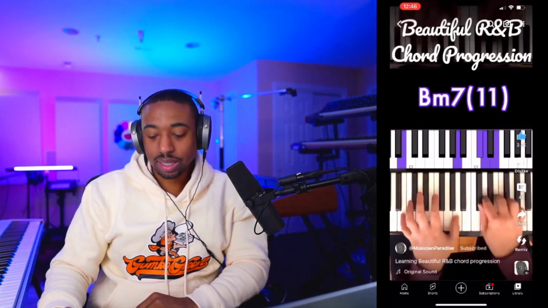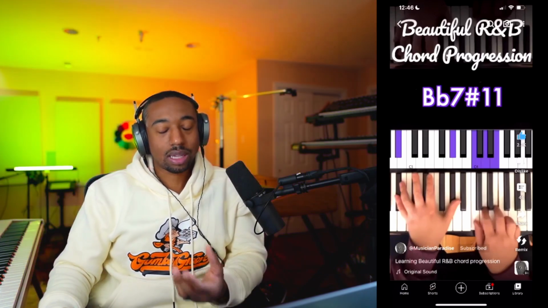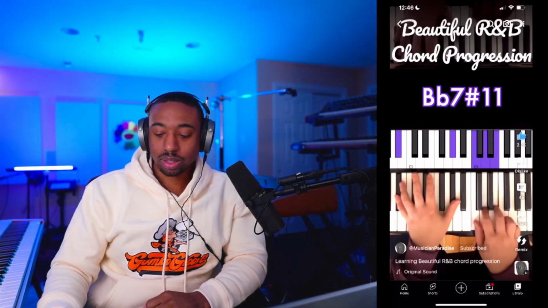So what's key though is that dun dun dun dun. That part is key to this chord progression. I'm not going to get into the weeds of everything because I would have to show you my screen. But B flat 7 sharp 11. These are called altered chords. Now, usually altered chords are talking about dominant chords, but I'm just speaking on the concept of moving a note up or down. Basically, is what I'm trying to describe.